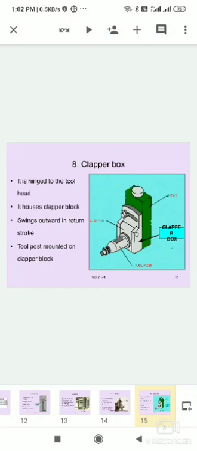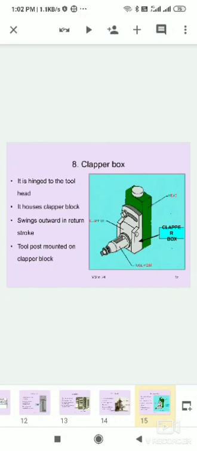This clapper box has a curved slot, and the screw is adjusted to the required angle to change the angle. This clapper box is also known as the tool block. The tool block is hinged to the tool head.